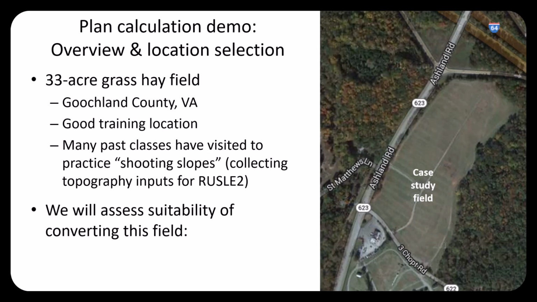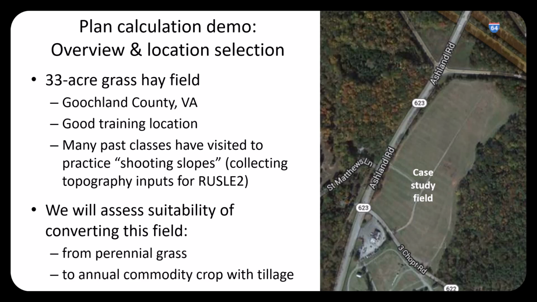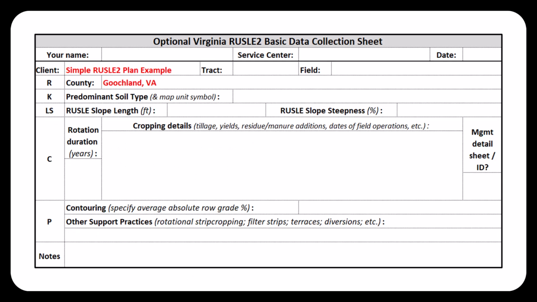We're going to assess the suitability of converting this field from perennial grass to an annual commodity crop with tillage. As we go along, we'll be illustrating another one of our recommendations, that you record your inputs for your calculation in some kind of organized fashion. One option shown here is to use this Virginia RUSLE2 data collection sheet, which is available on the Virginia NRCS FOTG. So we already know our R, or climate factor, for this calculation, so that's shown here, and that is